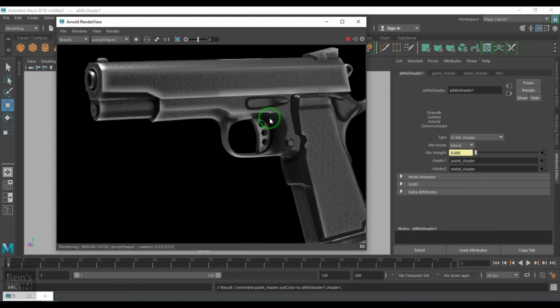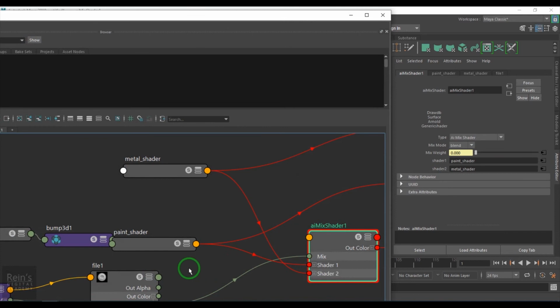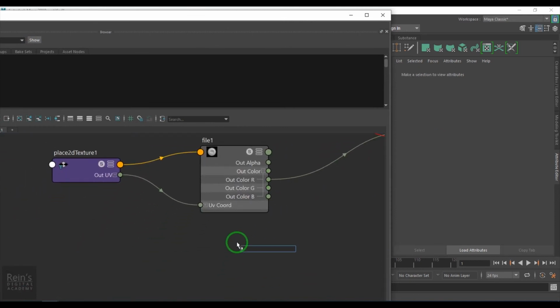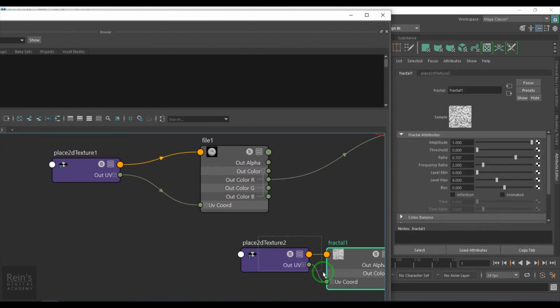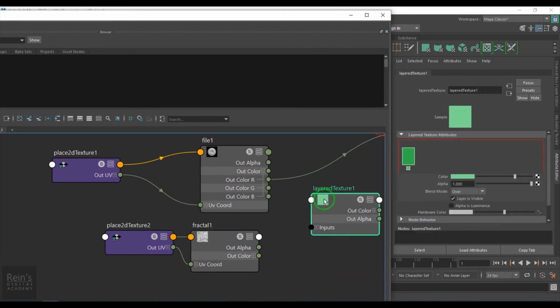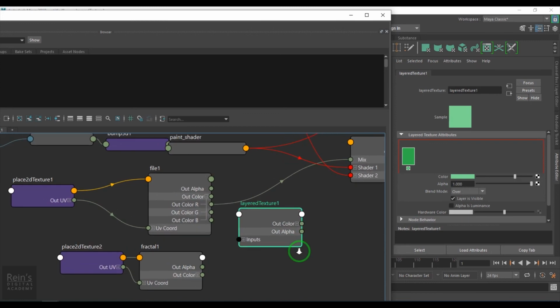So what I'm going to do is, I have two options here, either inverting this result or swapping this texture. So in mix shader, I'll put metal shader down and paint shader on the top. Now you get the paint and you get the metal on the edges.